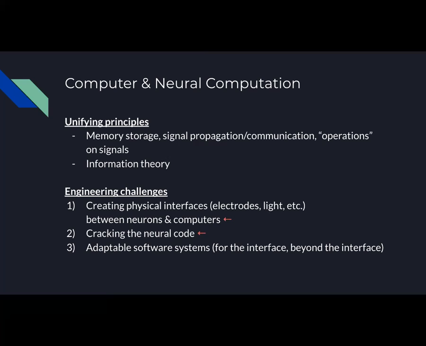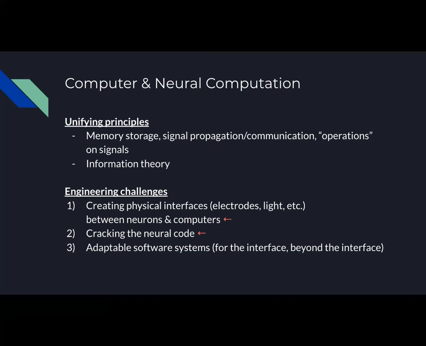And we can think about computation in both the brain and computers as part of general information theory, where you have some kind of information that gets manipulated and acted upon or stored, and that's similar in both systems, independent of what materials they're made of. And so to create a brain-computer interface that tries to connect these unifying principles, we first have